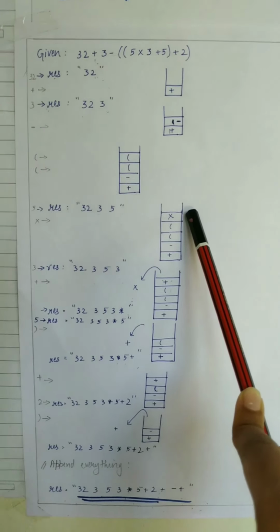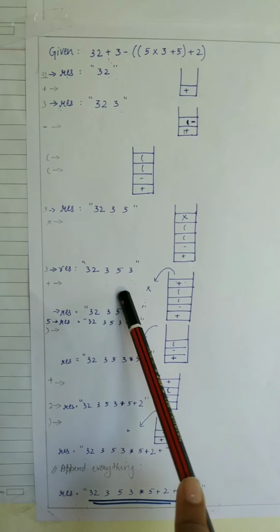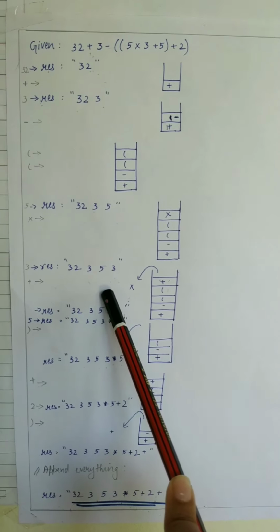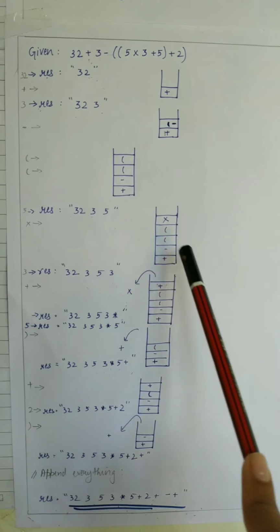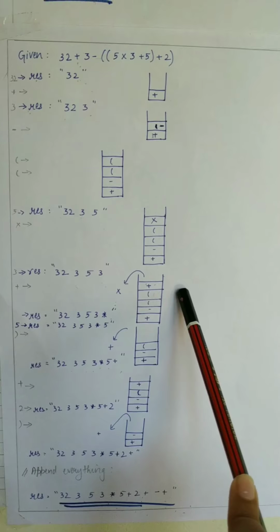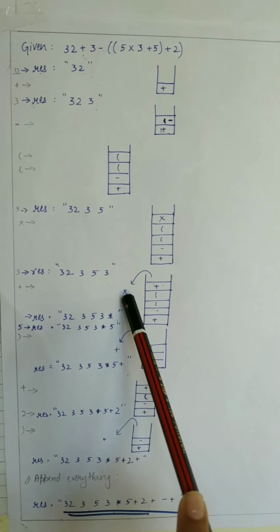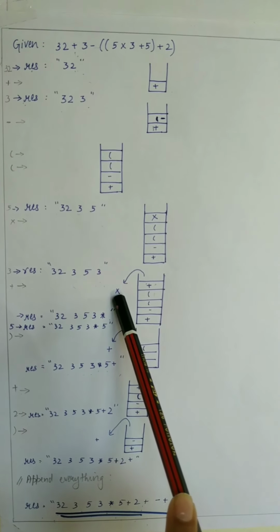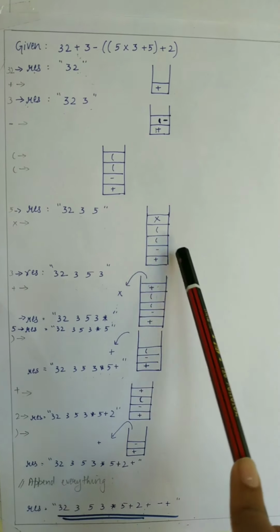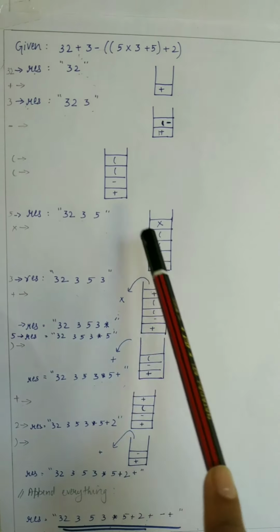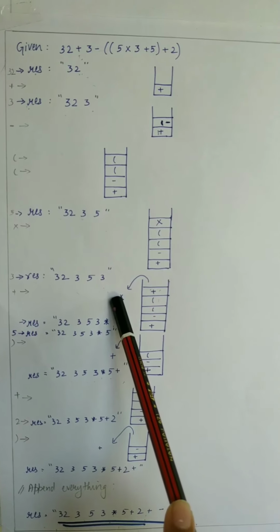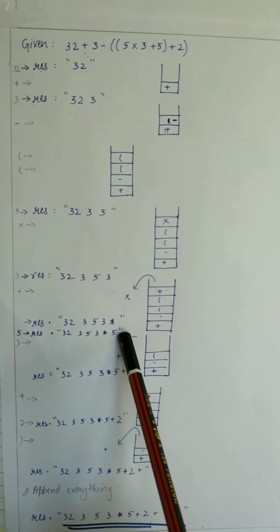The next element is also a digit, so the result becomes 32353. The next element is a plus, which has a lower precedence than the multiplication symbol. So we know that the multiplication symbol gets popped out of the stack and the plus is pushed into the stack. And this multiplication symbol gets appended to the result. Thus, the result becomes